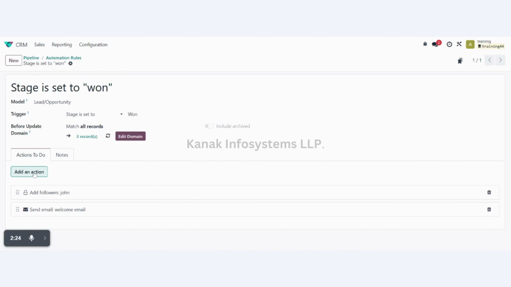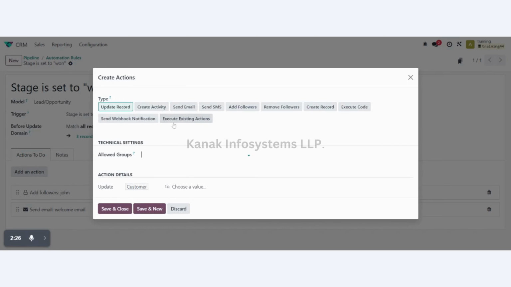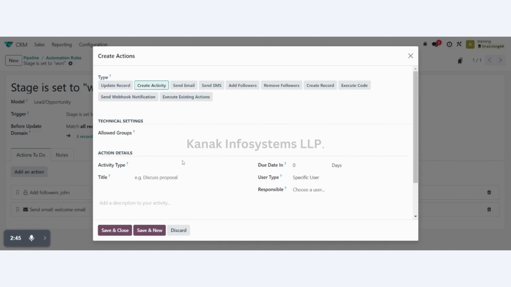Now by clicking on add action, we can add multiple actions. We have the option to update any record, such as choosing the customer, and if we want to add specific tags we can choose them here as well. Then we can create an activity, such as a call, an email, a meeting, and many more, with a specific user type.